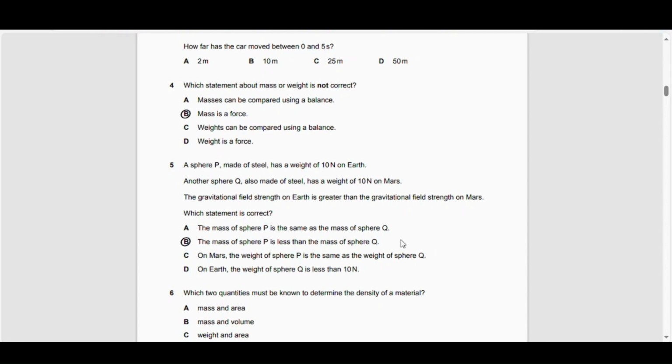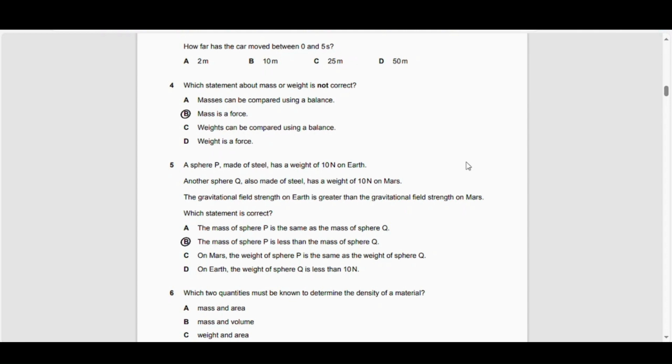So on Mars, the weight of sphere P is the same as the weight of sphere Q. That cannot be the case because we've said if we assume that the gravitational attraction on Earth is 10 meters per second squared, then P has a mass of 1 kilogram. Q would have a mass of slightly more than a kilogram at least, because we know that the value of g on Mars is lower than that on Earth. So if P has a lower weight, or rather a lower mass, look at me using standard vocabulary rather than physics vocabulary. So because P would have a lower mass than Q,